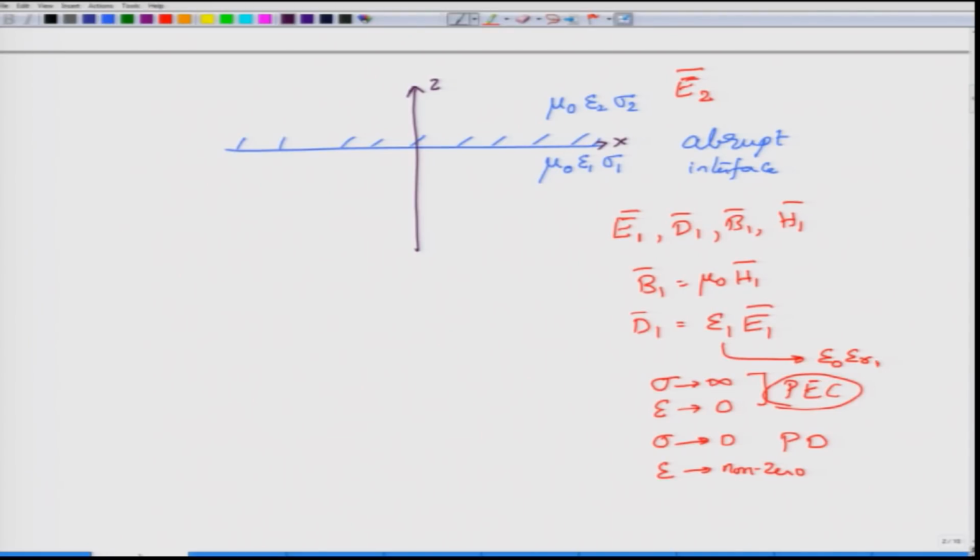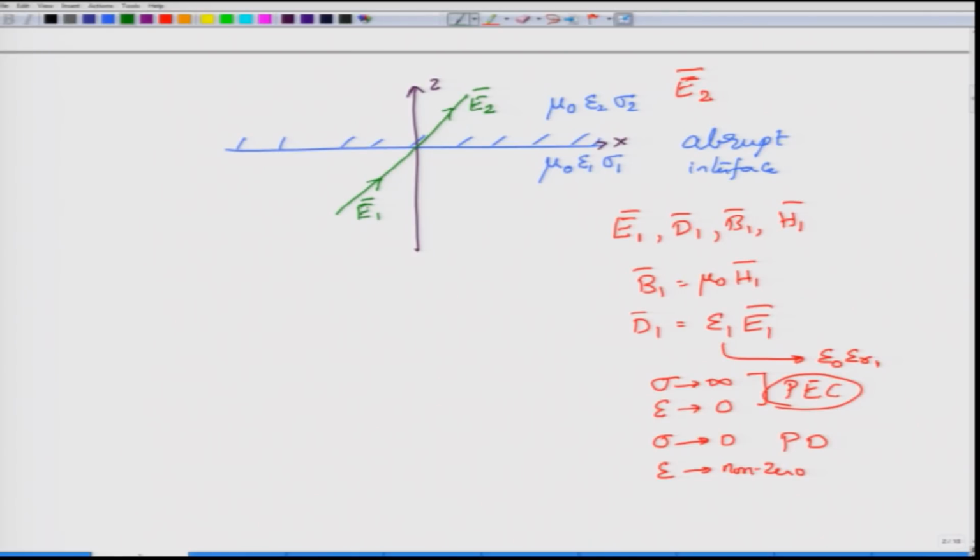And what I have is a case where there are two fields. There is an incident electric field. Please note that this is not a ray of light, this is actually the field vector itself that we have drawn. There is a reason for this, it will become very clear once we go to the next part of the module. For now, just imagine that there is an electric field E1 here, and a corresponding electric field E2 in the second medium.